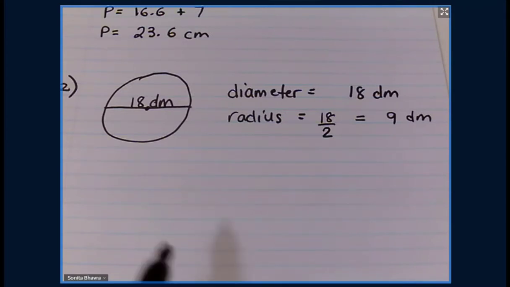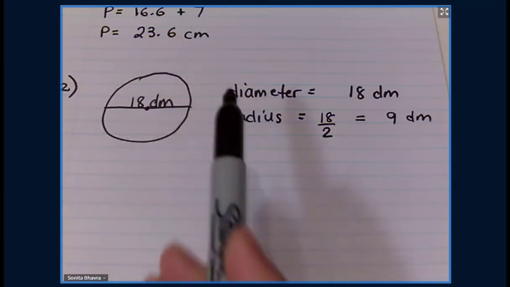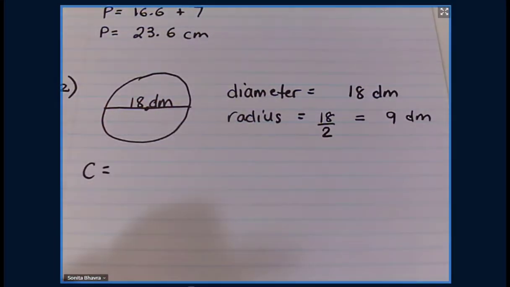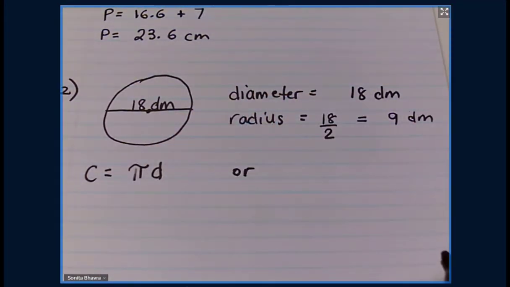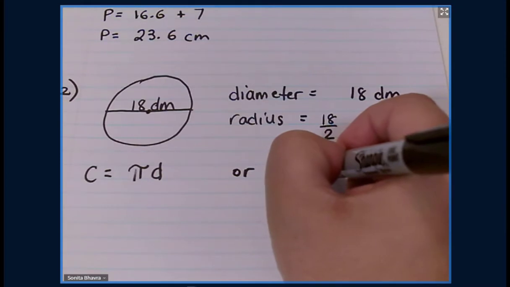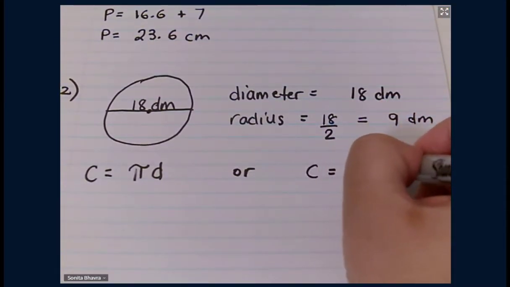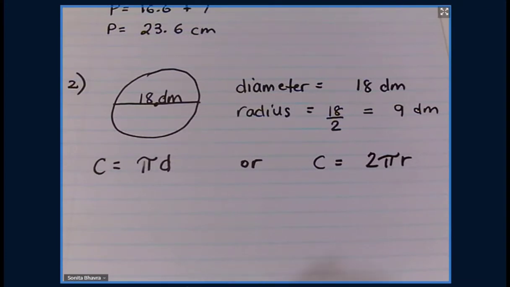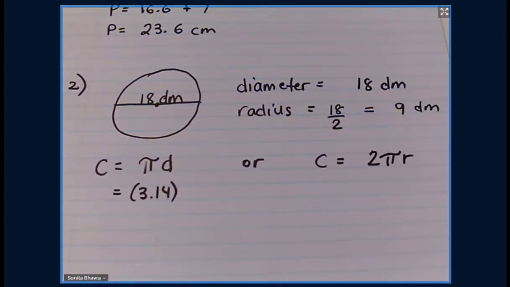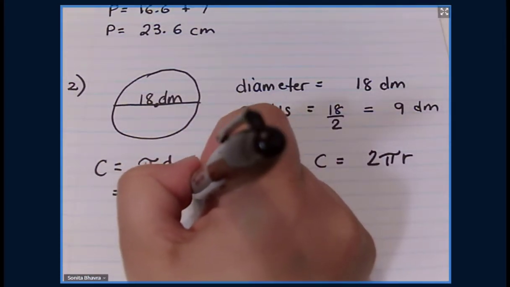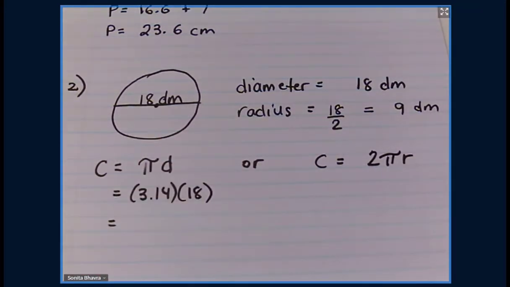So remember, it's the circumference of a circle. Circumference is equal to pi d, or you can use circumference is equal to 2 pi r. So if we were using pi d, and for grade 9, we just use 3.14 for pi, and 18 is the diameter. We put that into our calculator, and we get our answer to be 56.52